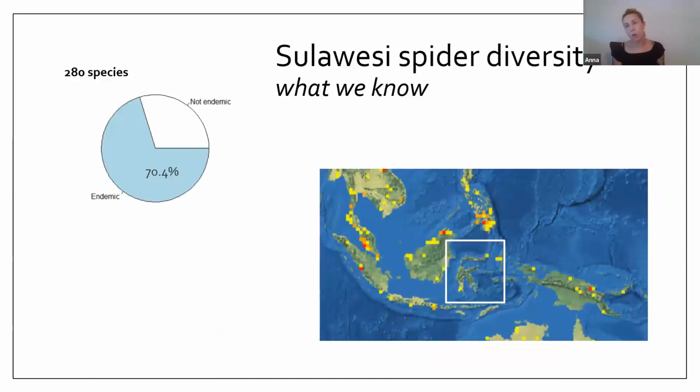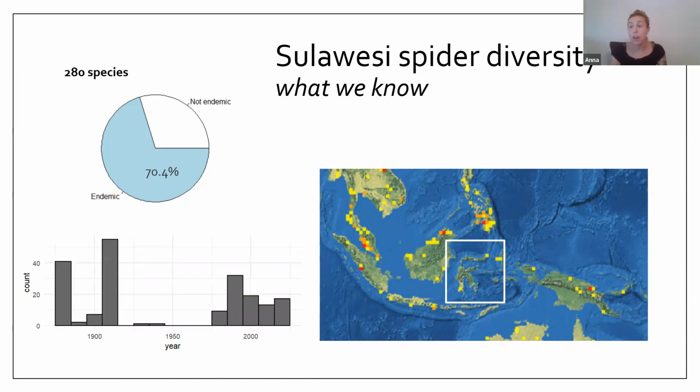So what do we know right now about Sulawesi spider biodiversity? Not very much. There's currently 280 species known from the island, and about 70% of those are endemic to Sulawesi. In terms of genetic data, there's hardly any CO1 sequences available, a lot left to be discovered there. And most of the species were described in the late 1800s and the early 1900s. That also presents a barrier to really doing work here, because it's really hard to identify species because of the lack of standardized nomenclature for the descriptions at the time. So there's so much left to be discovered on this island, and it's a challenging place because of that lack of species description.